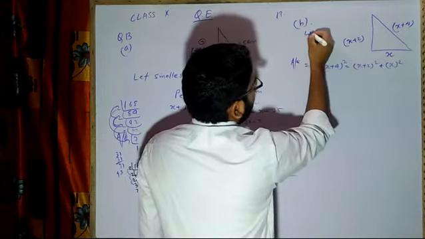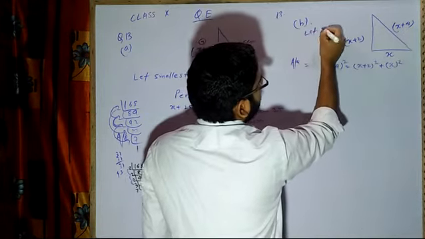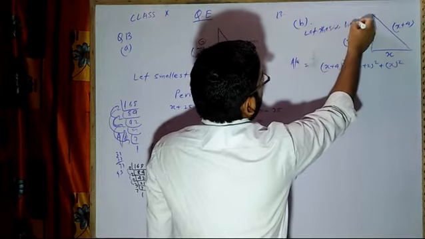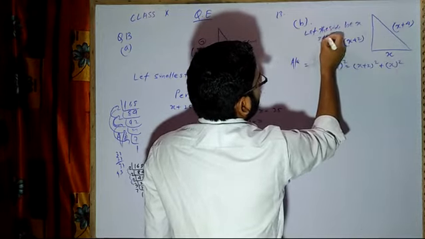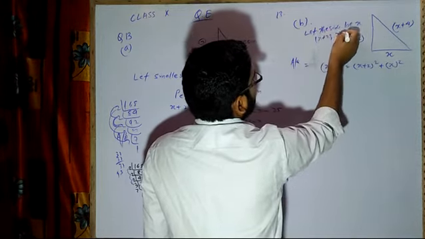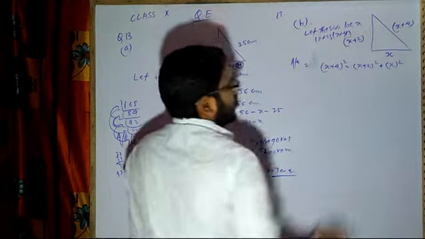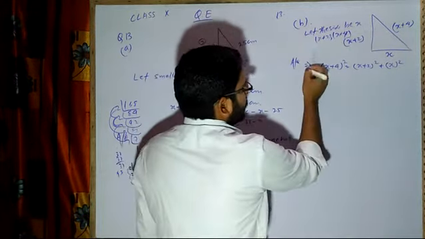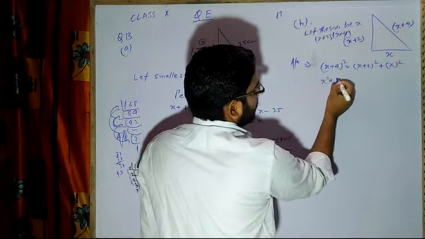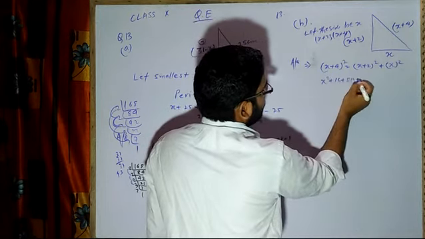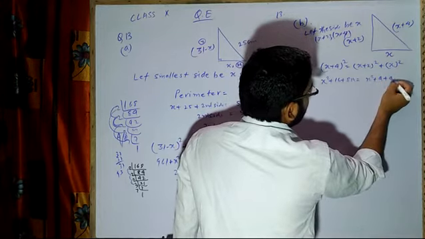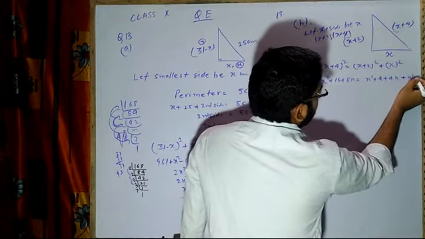Now the reasons you will write means what all you have assumed. Let the side be x, and then we have x plus 2, and then we have x plus 4. Like this you will write and then simplify. Squaring both, this is the Pythagoras theorem you are applying. You have applied, so it will be x square plus 16 plus 8x is equal to x square plus 4 plus 4x plus x square.